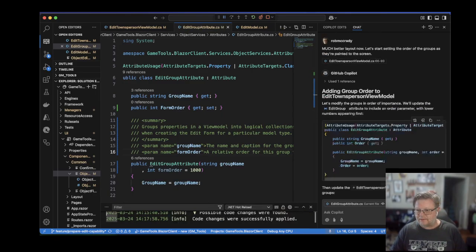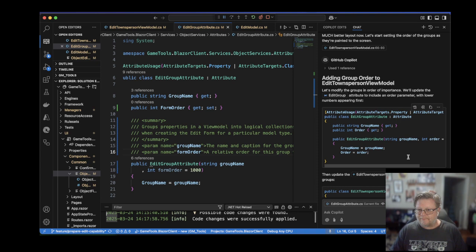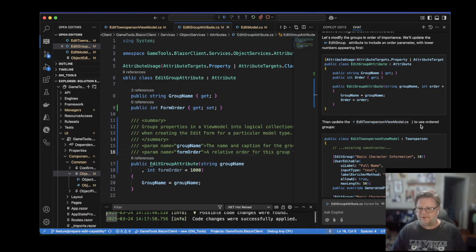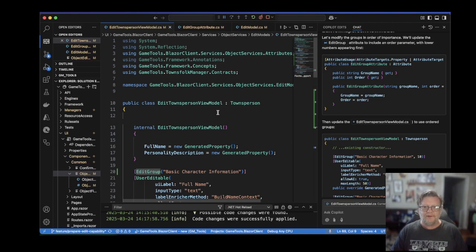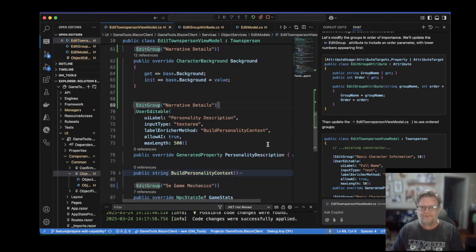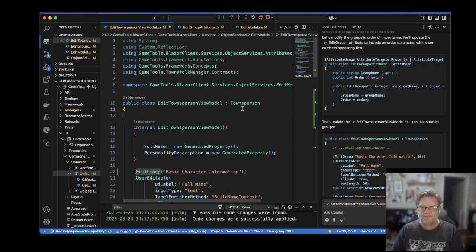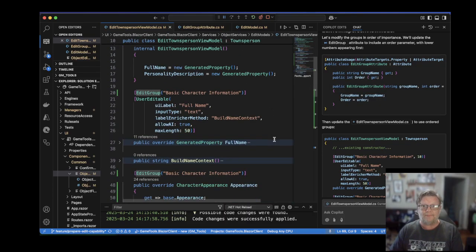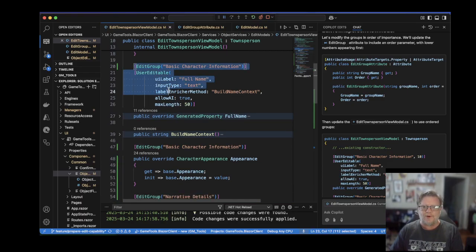All right, so we've got that. Now we update our edit townsperson view model to use ordered groups. So here's our edit townsperson view model. And we're just going to start at the top. Now you'll notice that the edit townsperson view model only has a very tiny subsection of the properties on the townsperson that it inherits from. And that's because I am only overriding properties that I want to decorate with these UI specific attributes. So basic character information,